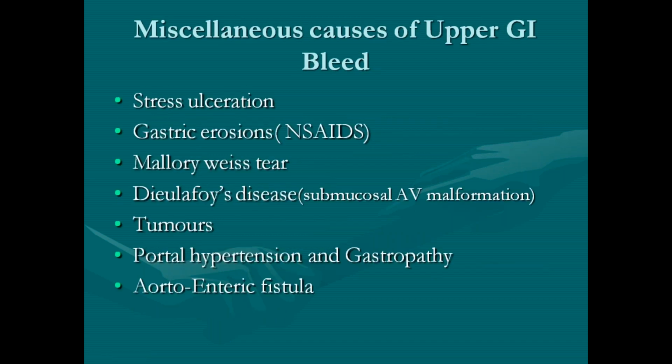We have to put the patients on PPI or H2 antisecretory agents. Okay, then apart from this peptic ulcer, what are the other causes? There are so many other causes which cause upper GI bleed. One is erosions or gastritis or anything related to peptic ulcer, either in the esophagus or in the stomach or in the duodenum. Okay, these are the causes of upper GI bleed. Apart from those, what are the other causes?